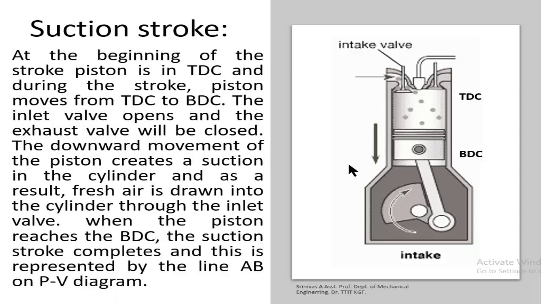For the suction stroke, you can write the explanation in point-wise form from the exam point of view. After understanding the concept, you can make your own points. Simply, in the suction stroke, the piston moves from TDC to BDC. Second, the inlet valve is opened. Next, the exhaust valve is closed, and the crankshaft rotates from 0 to 180 degrees. You can also write the PV diagram explanation: the intake stroke is represented in the PV diagram by the line AB. Like this you can make your own points.